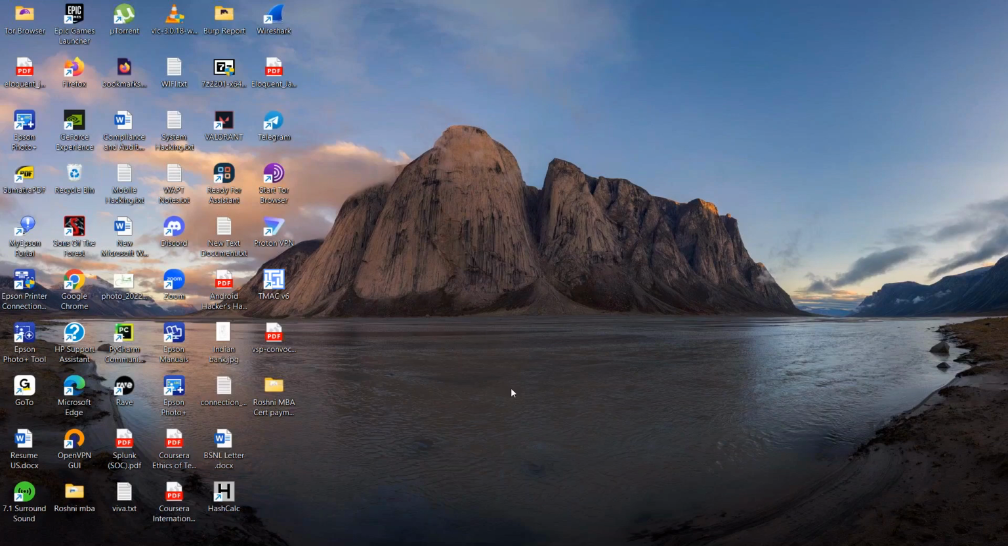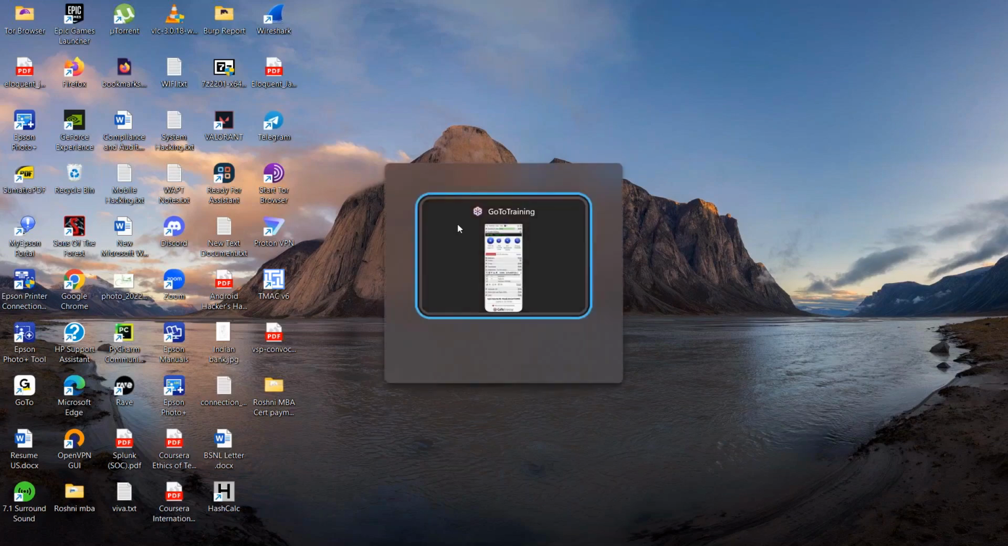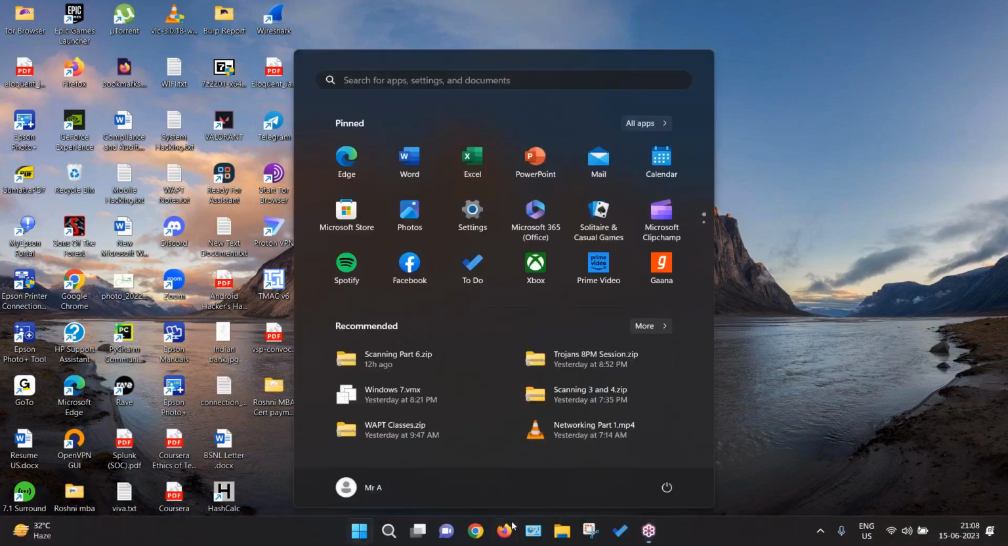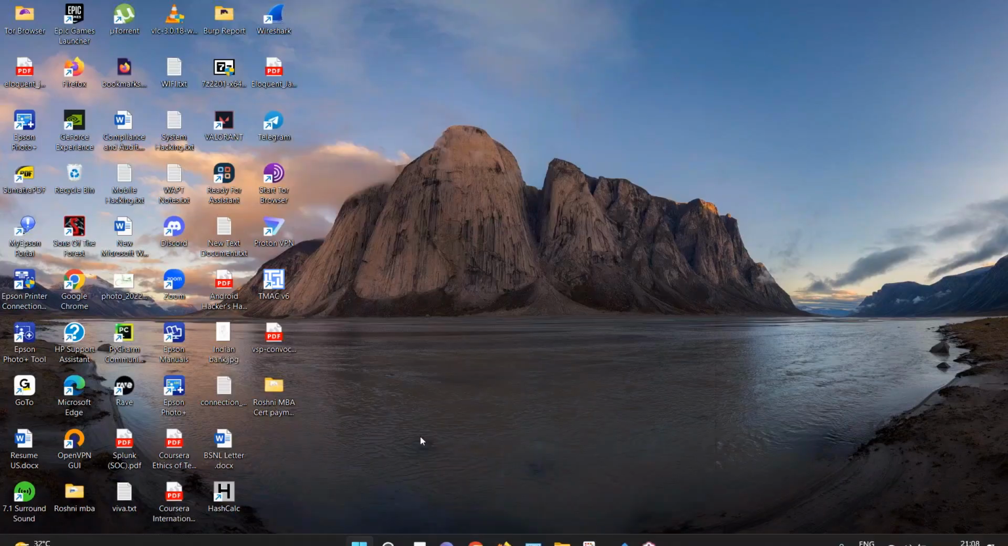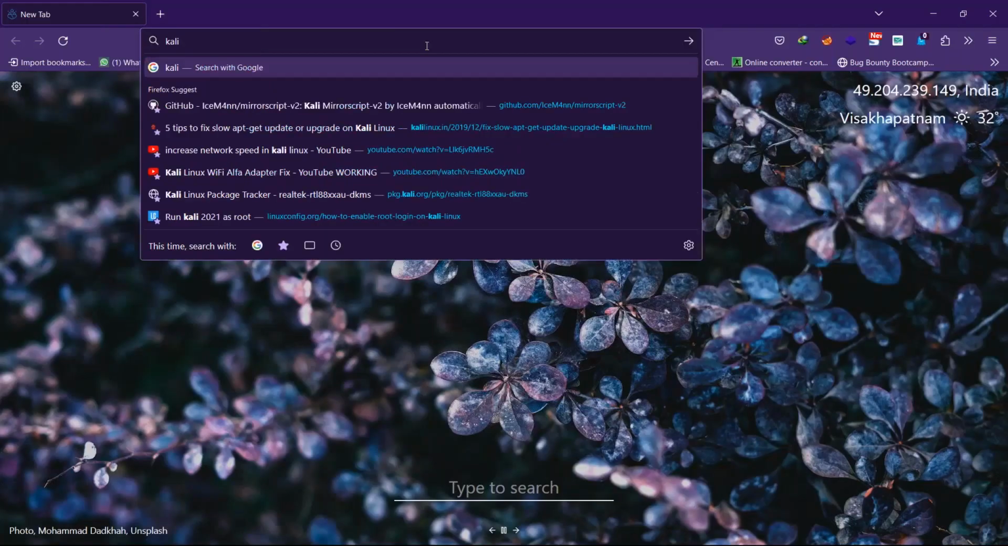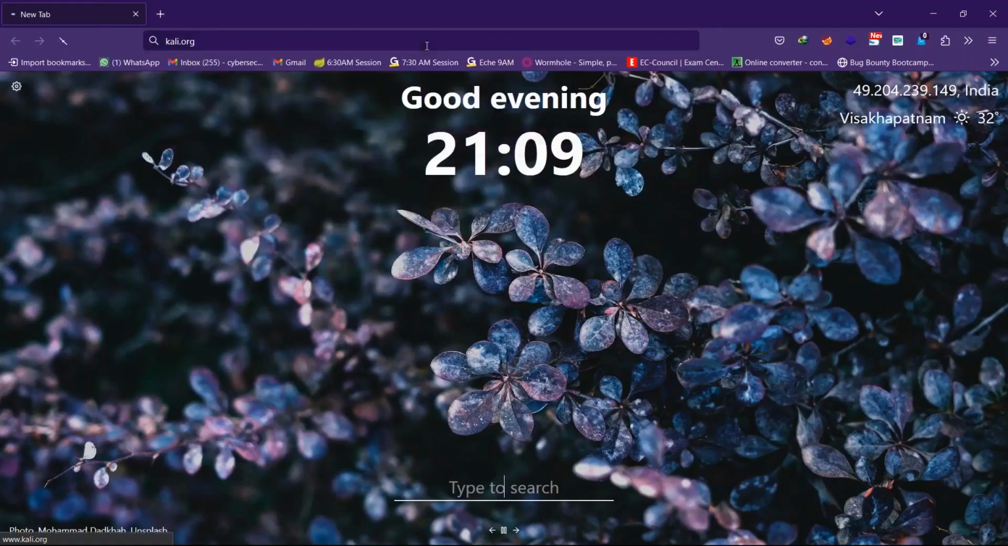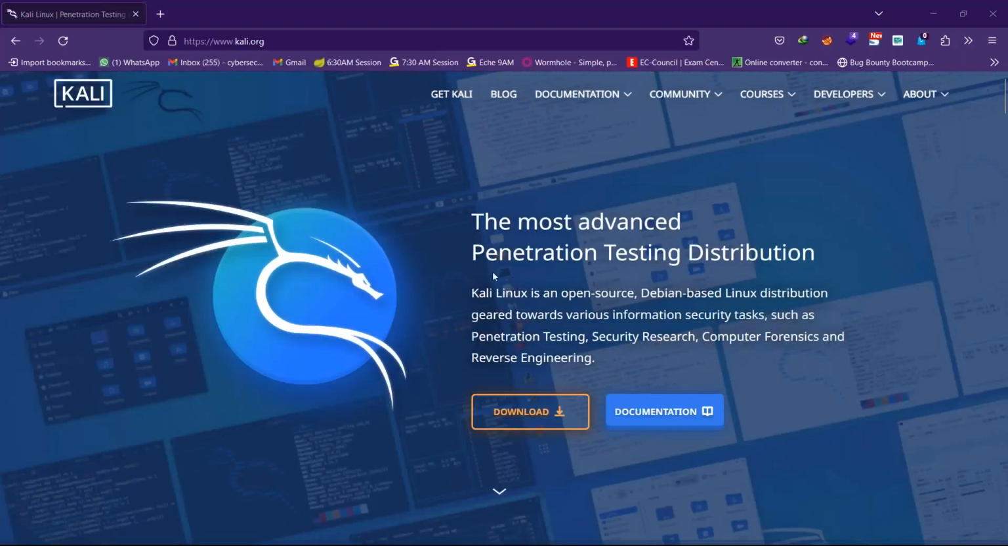students. In today's class, we're going to go with the lab setup installation. So, again, as I've mentioned in the previous class, we'll be working on an operating system called the Kali Linux operating system. So you can go to your browser, search for kali.org, the official website, and you can